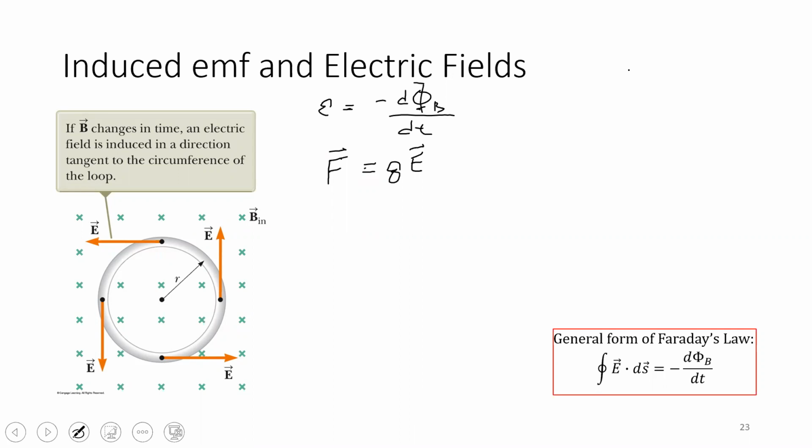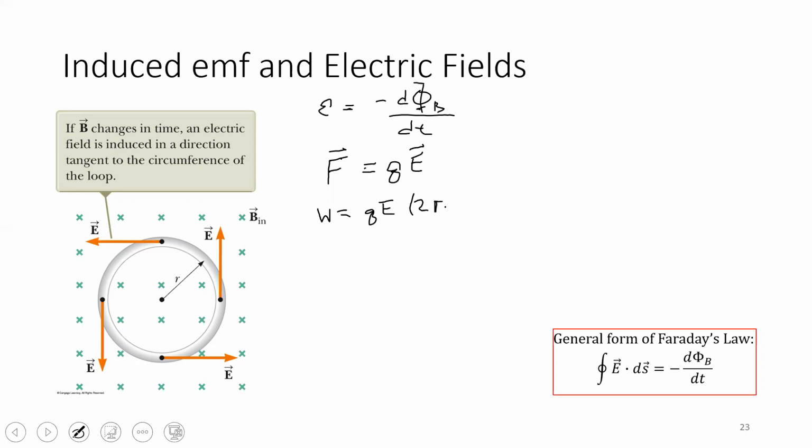So that induced EMF implies that we're going to have an electric field tangent to this loop as it's drawn in the picture with those orange arrows, and that these charges are going to feel a force that's q times our electric field, and we're going to see that as an electromotive force. Okay, so the work done by this electromotive force in moving an electron or a charge one trip around this circular loop is going to look like the work done by that force